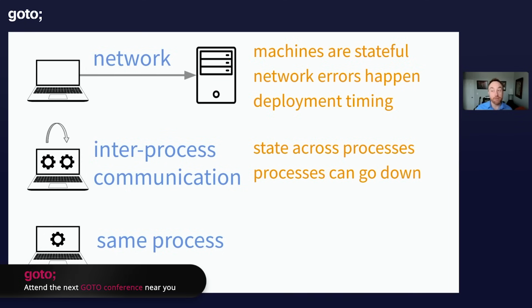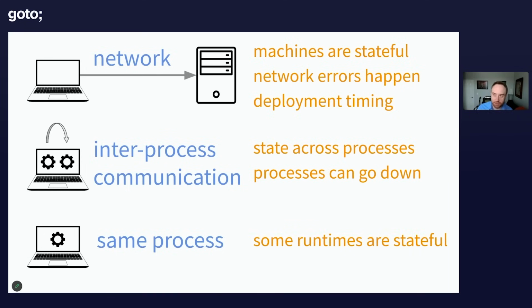Same process doesn't have those problems, but even within the same process, we have these stateful runtimes, right? We have the Node.js runtime. We have the Ruby runtime that has a stateful garbage collector. Actually, Roc is designed to have a stateless runtime, so you don't have to deal with those problems. But in general, this is something that you typically have to deal with when you're trying to call functions across